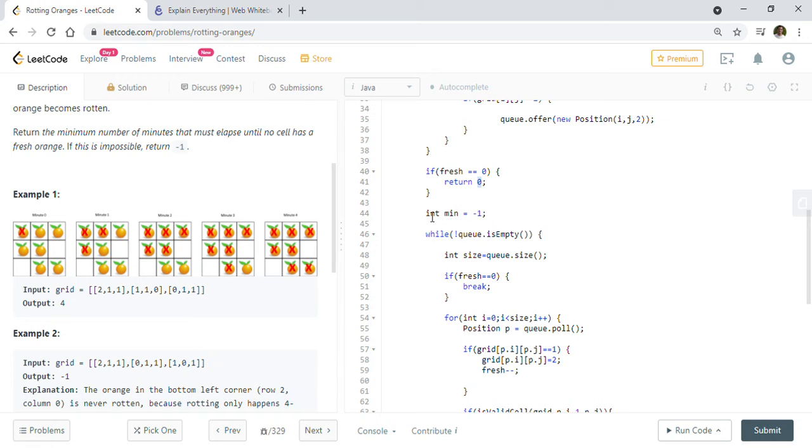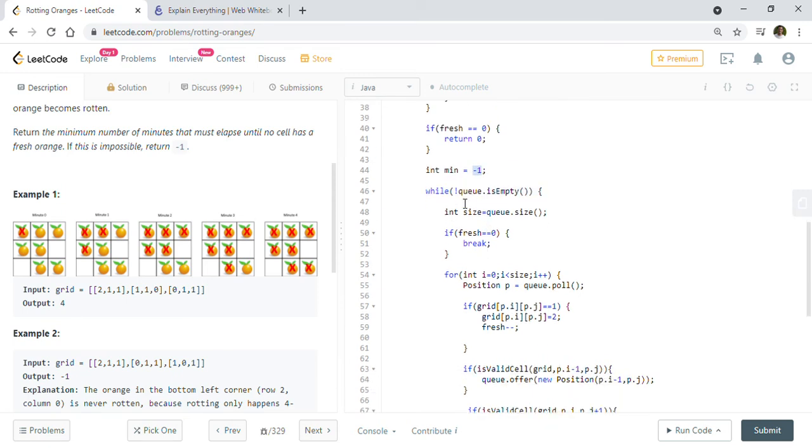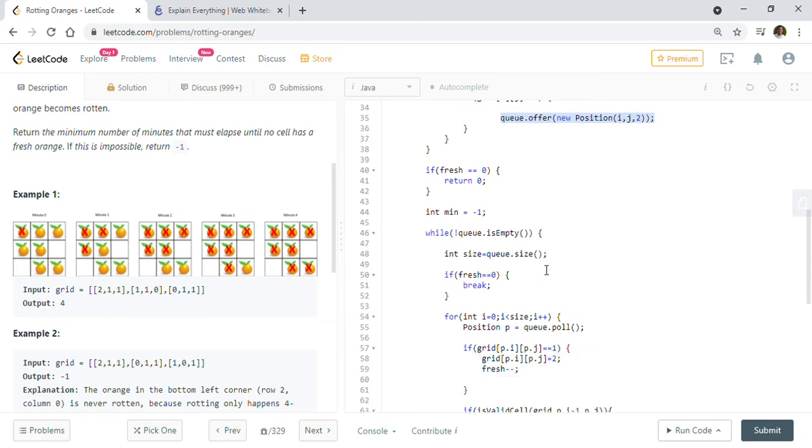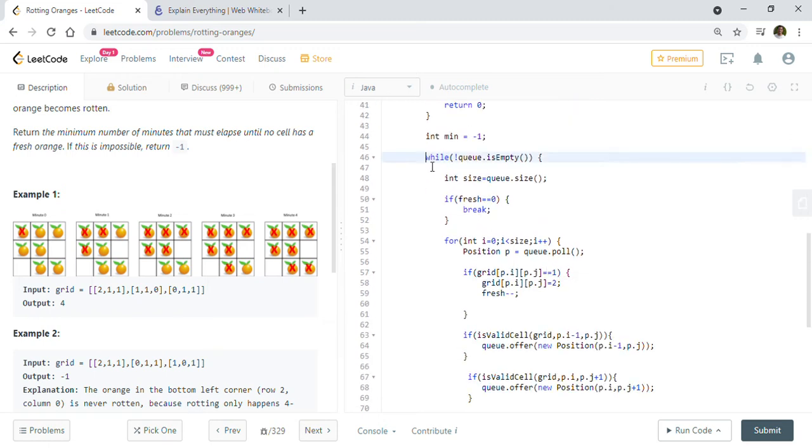Another variable we created here captures how many minutes are elapsing while we process our queue. It starts with -1, and we have already added the rotten oranges into the queue, and we are going to iterate over this queue until it becomes empty.